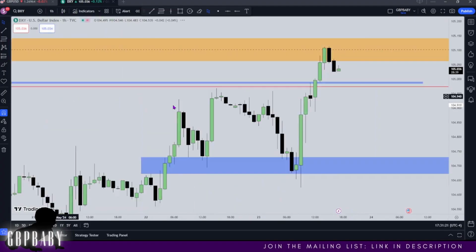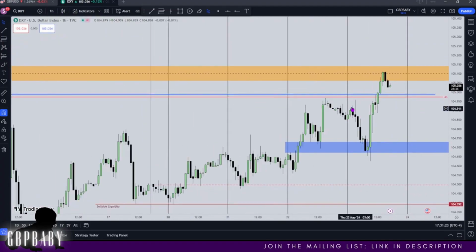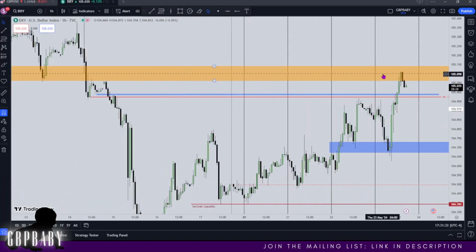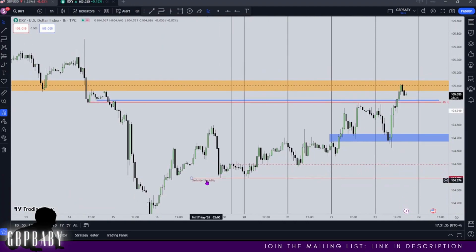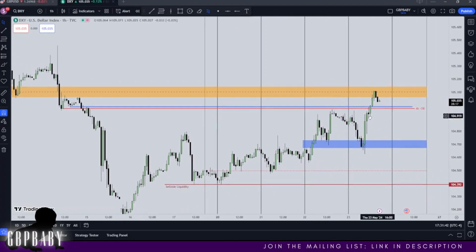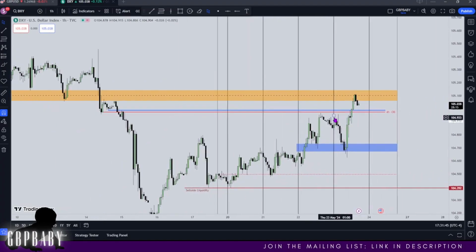So let's go on to the 1 hour, and you'll see I've got my daily dividers, and you'll see how we came down, created the low at 9 AM, and then we traded higher, running right into 2 PM, which is quite interesting. So what am I expecting from here? Well, we didn't reach the south side liquidity pool, which I wanted to see get traded to. It seems like there's clearly a level of strength being shown. But moving into tomorrow,